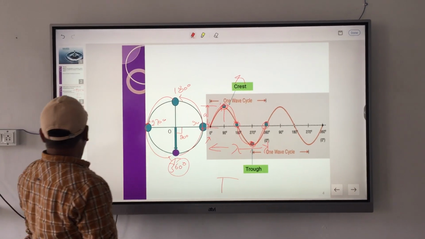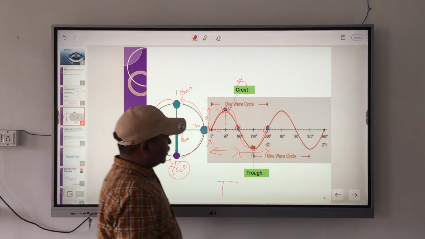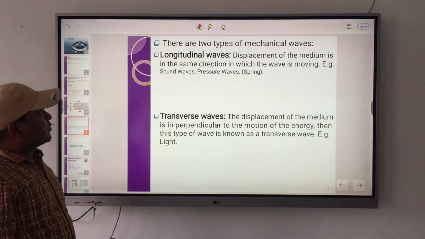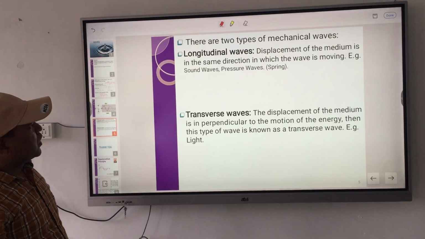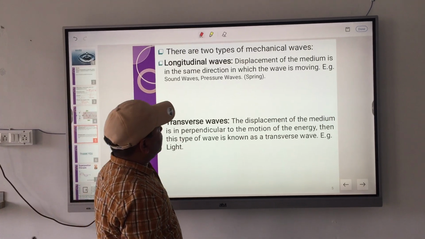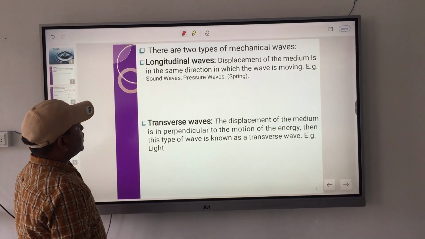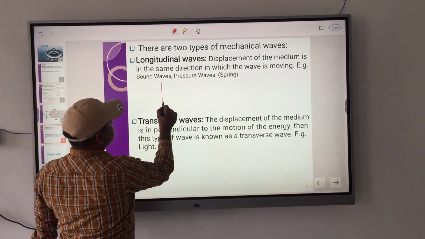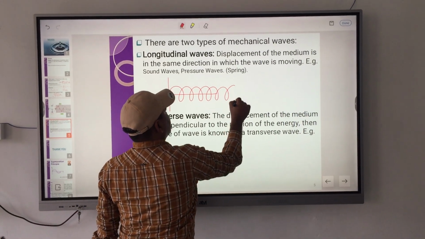So thank you so much, and next we will study the types of waves. Two types of mechanical waves are possible. The first one is the longitudinal wave, the second one is the transverse wave. In a longitudinal wave, the displacement of the medium is in the same direction in which the wave is moving. It means that if the displacement is moving in the same direction, like we can say a spring. So if we think about the spring,